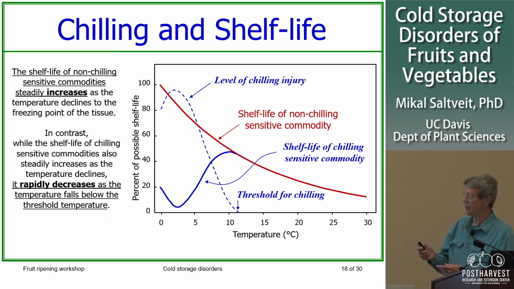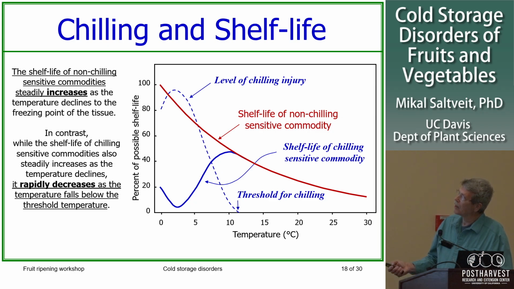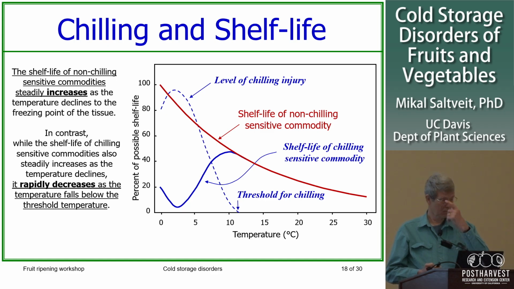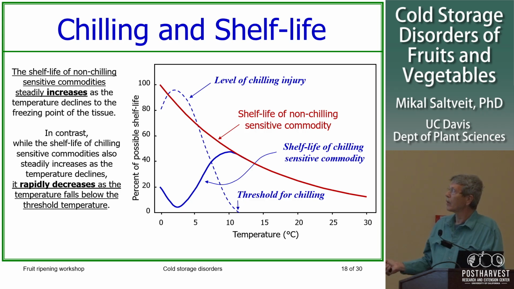So here we see chilling and shelf life. Here is temperature, percent of possible shelf life, and the shelf life of a non-chilling sensitive commodity, like celery, will increase as the temperature decreases. Again, not a linear function, but a quadratic function. So the lower the temperature, the more increase you get. So the slope here is much steeper than the slope there. A chilling sensitive commodity will follow the same trajectory until it hits the chilling threshold, at which the injury starts to increase